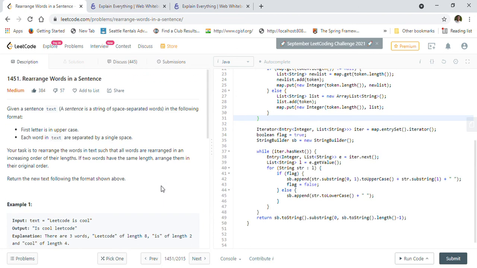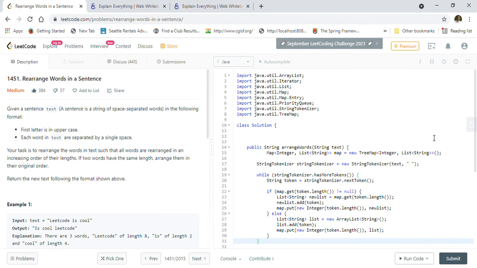So to solve the problem rearrange words in a sentence, we used two approaches. First one is with a priority queue, where we have defined one word class, and then we use the word class to create the priority queue of words, and we define a comparator to sort the words appropriately. And then in the second approach we use the tree map, and tree map will have the key as the length of the word, and the value will be the list of strings.